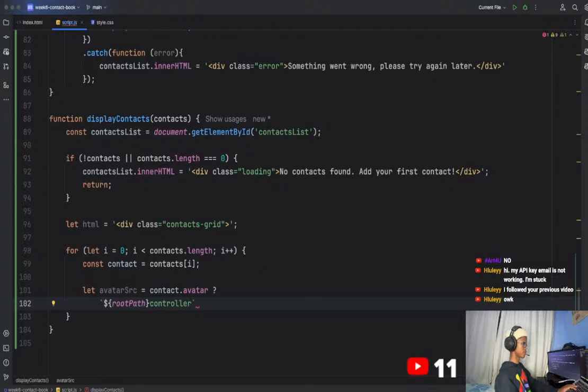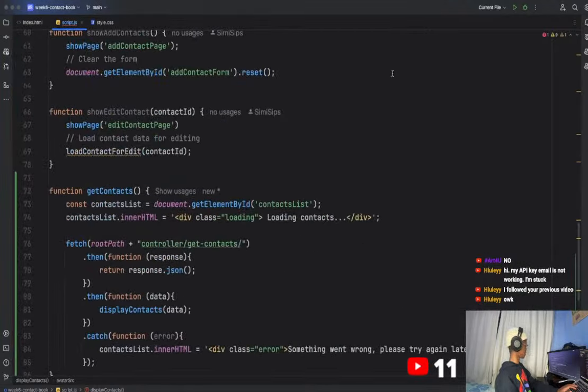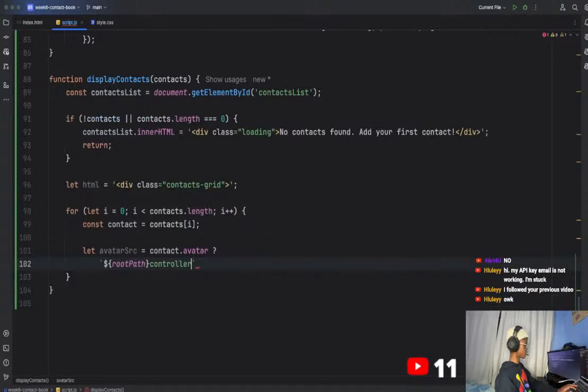I don't remember. Oh, it does. That's why. So it's our rootPath, and then a forward slash, uploads, forward slash, dollar sign